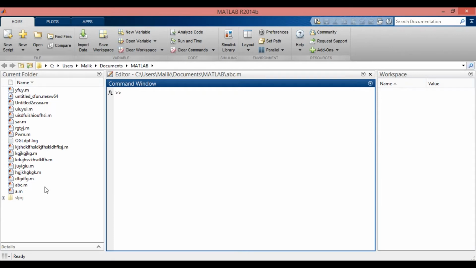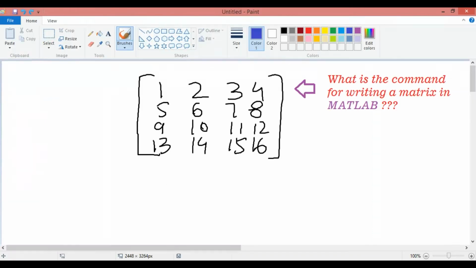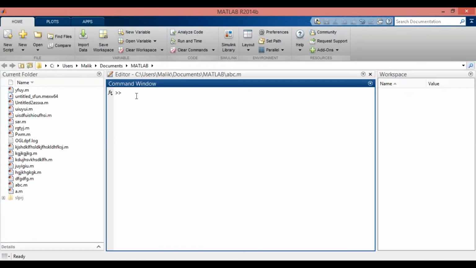Now let's talk about the basic commands used in MATLAB. Let's say we have a matrix and we want to write this matrix in MATLAB. So here in the command window we will assign a variable for the matrix.